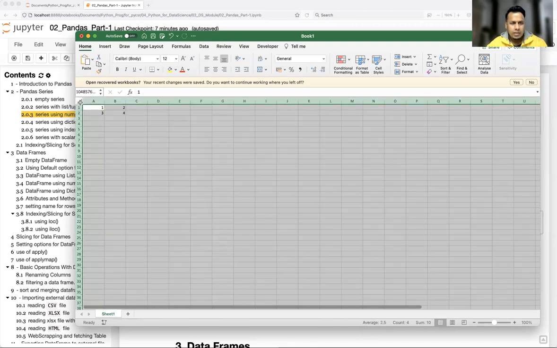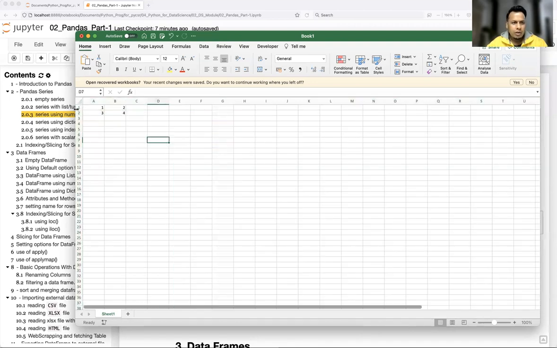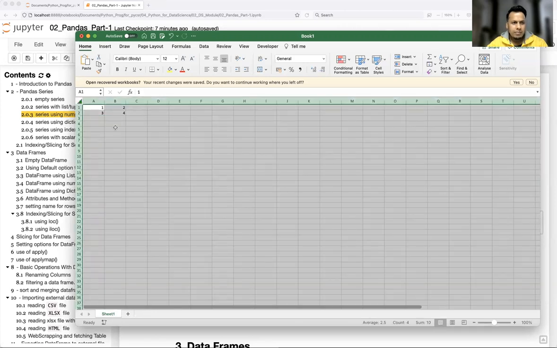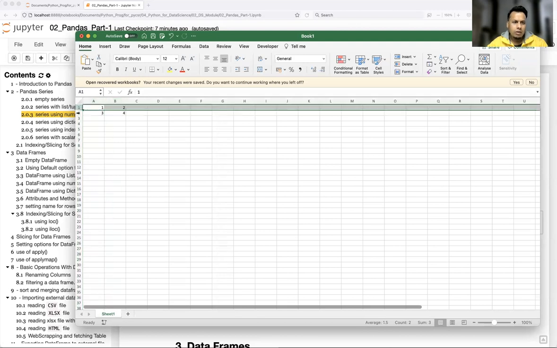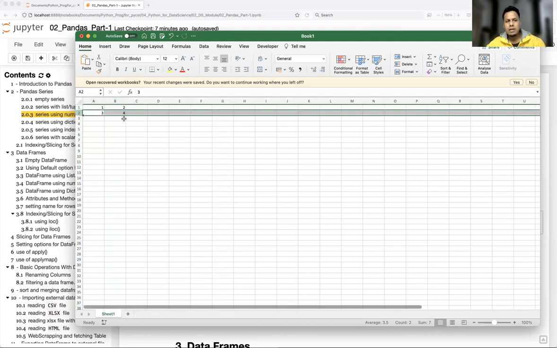As a whole, this is nothing but a table, and an individual row or individual column is nothing but a Series. So this particular data is a DataFrame, and column A or column B or row 1 or row 2 is nothing but a Series. That is what we are going to see in this session.